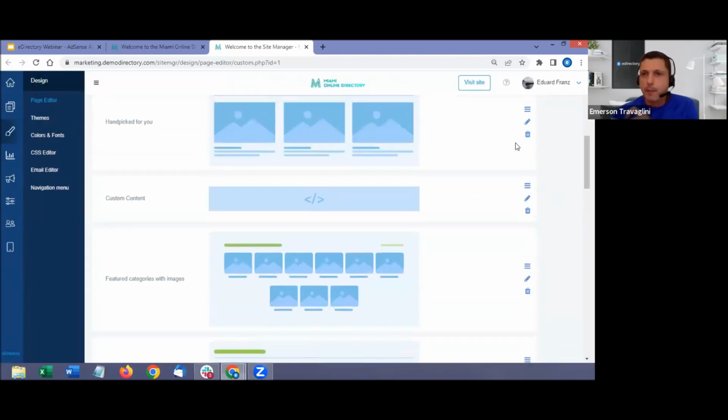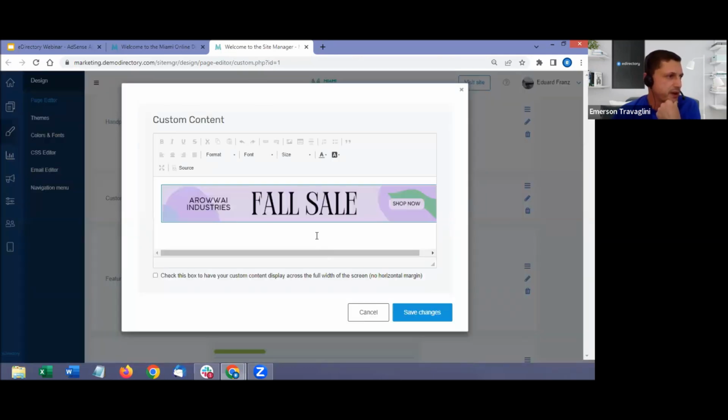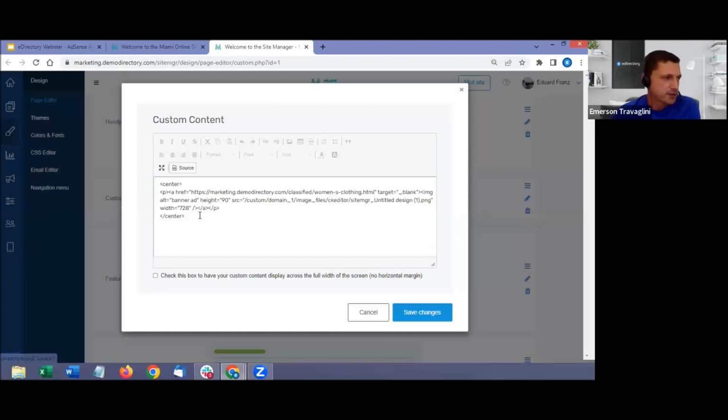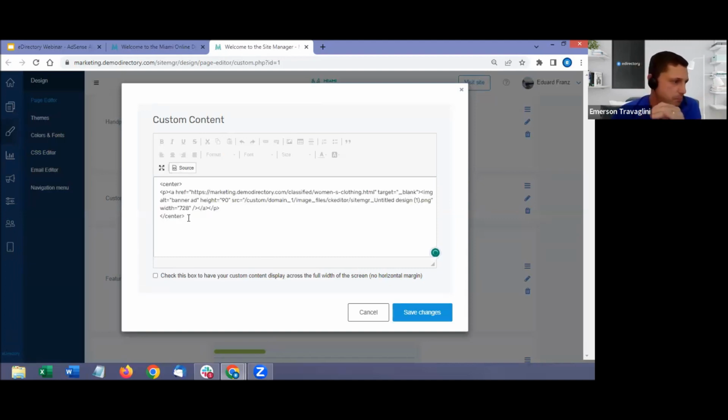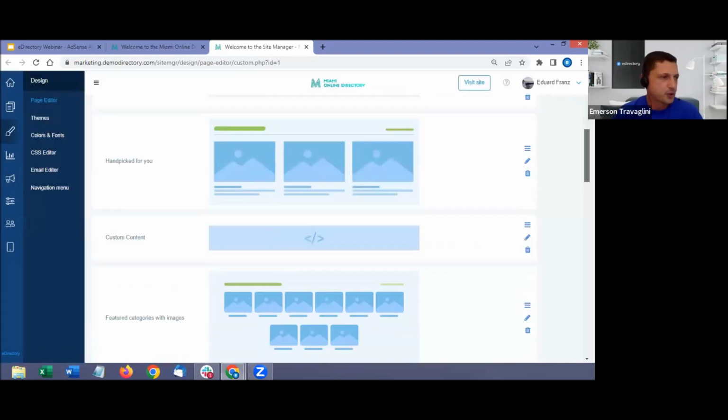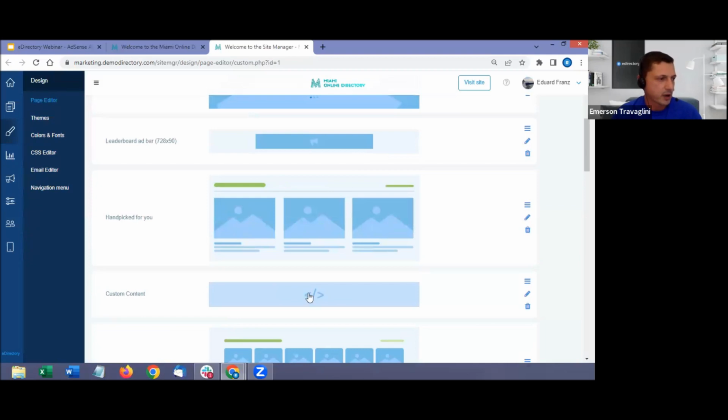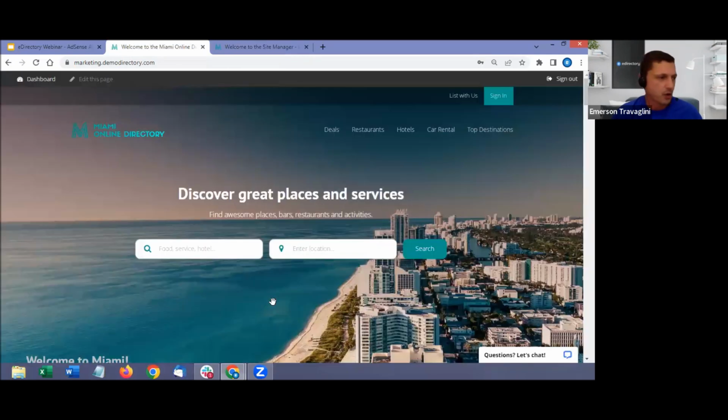I also mentioned that custom content widget to display different types of content like Taboola, etc. That's this one. It's very simple to use. You can see here that's the image, but we are going to receive a script that's similar to this one. It's a code that we're going to copy and paste here, make final tuning, like make it center, change the background color, add more lines or text around it, whatever you need to do. It's very simple to use. So these two, the leaderboard ad bar, and the custom content, that's what we see here on this page.